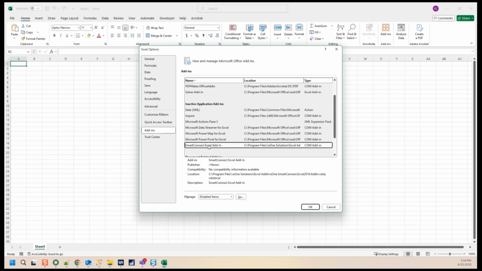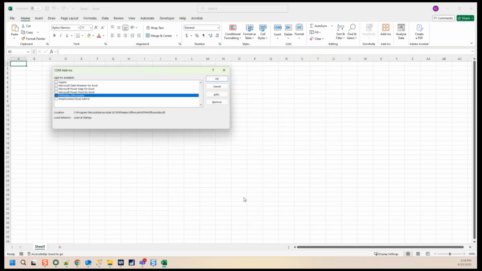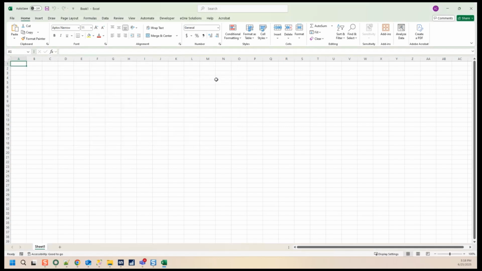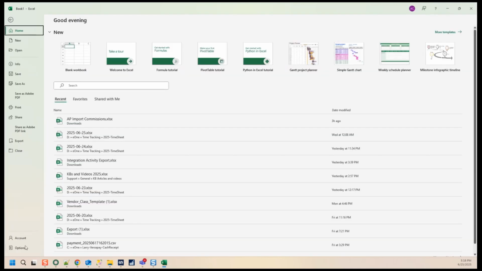So let's say it is inactive, then I have to go to COM Add-ins, click Go here, and make it active. You can see the path: C drive, Program Files, EventSolutions, Excel add-ins, like that. So once it is added, you can see it here, but still you can't see it in Excel. You need to go to the options,